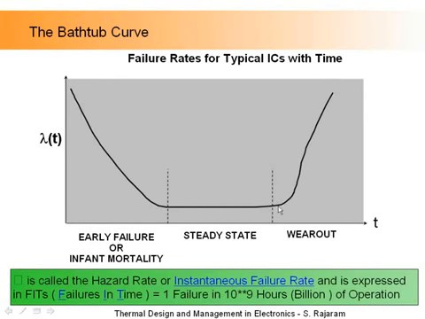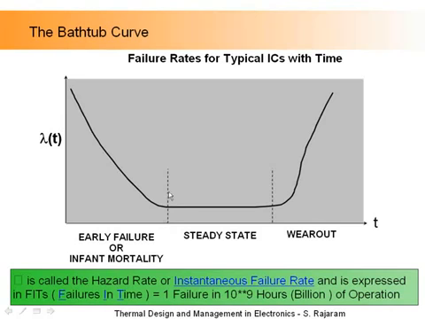What happens is there is, and this is called steady state, this constant failure. Later on, failure rate starts to increase, because devices literally begin to wear out. You'll find oxides inside, you'll find corrosion, you'll find fatigue, and this region is called wear out. It's like old age. Now, because of the shape of the curve, it is called the bathtub curve, because this curve looks like a bathtub. And all electronics, single devices to boards to systems, have this very unique characteristic.